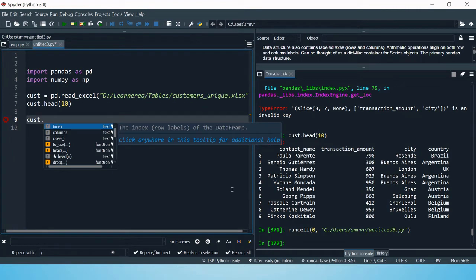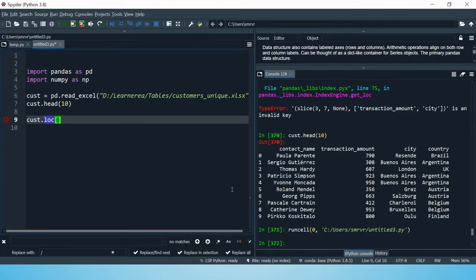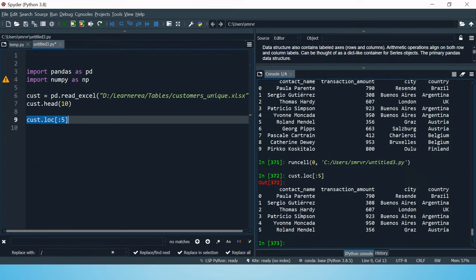Here I have the customer data frame and I use the loc method. Like I said, here you put a comma to separate rows and columns. If you don't put this, and if you simply put this row, that will only refer to the rows. This will not make a selection in columns. For example, if you want to select the top 5 rows, you can simply put a colon, and over here at the right side you can type 5. Let's see that. Here you can see it is showing you the top 5 rows.